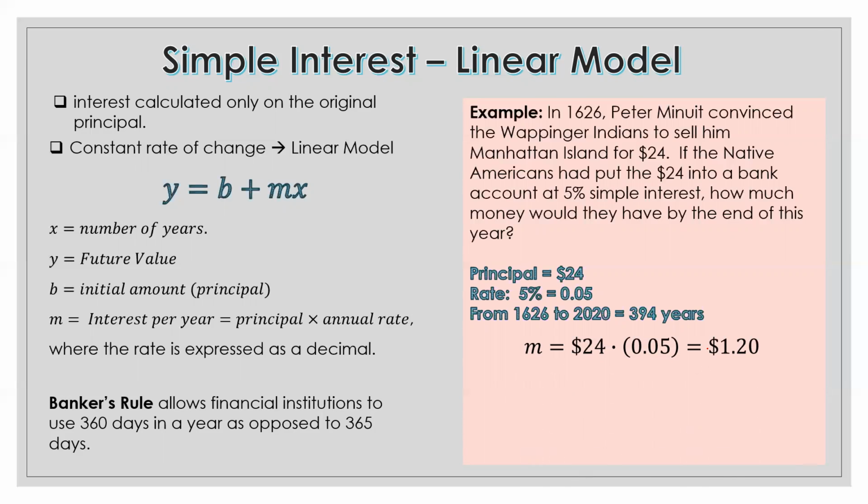m, which is the interest per year, is the constant rate of change because it's simple interest. That would be 24 times 0.05, and that's $1.20. They get $1.20 every year for 394 years. So 1.20 times 394 plus the $24. In 2020, they would have had only $496.80. Okay, that doesn't sound right, right? I don't think that is real life. Okay, so in real life, what do